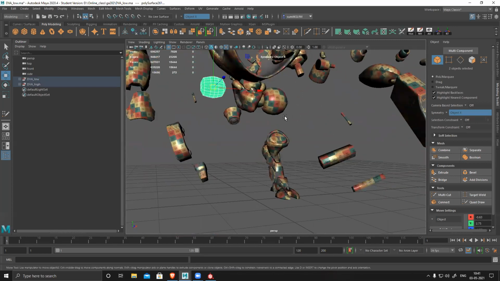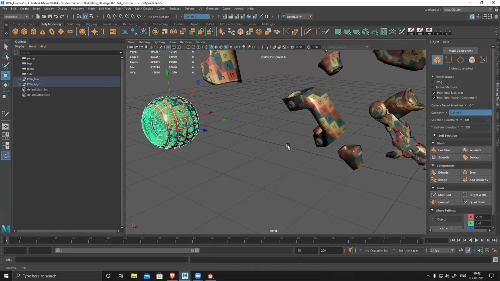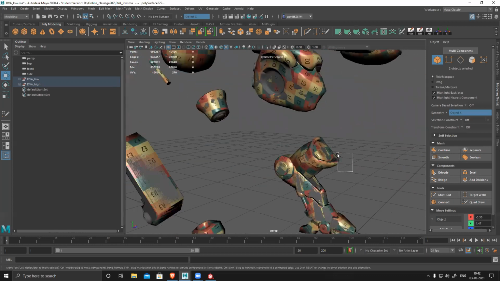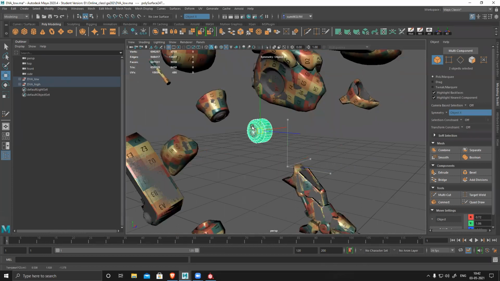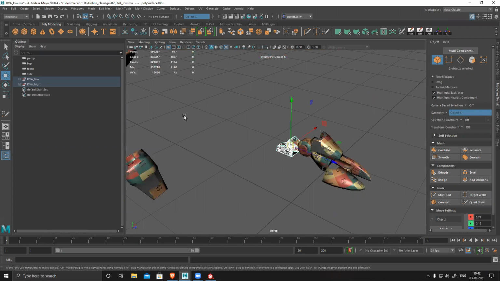Move everything, just like moving it with all the parts.